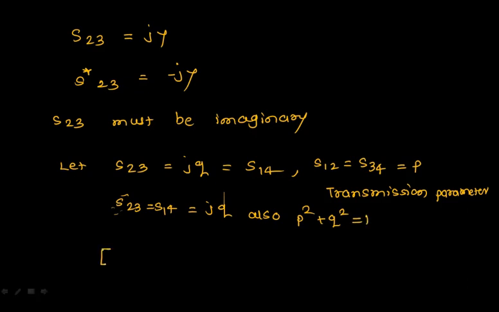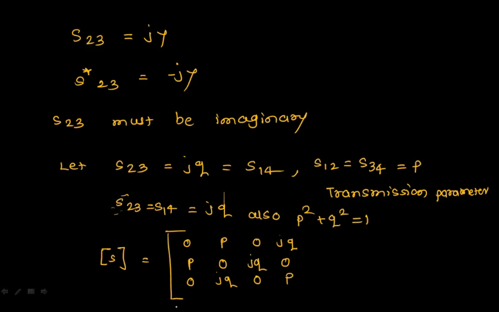So replacing all the coefficients, the matrix which I get is: 1,2 is P, then 1,3 is 0, and 1,4 is jQ. Okay? So P. This is nothing but 2,1, which is the same as 1,2. Here this is 0. Again this is 2,3, that is 3,2, and that is nothing but jQ. And again this will be 0. Similarly, this will be 0. This will be jQ, this will be 0. This will be P, this will be jQ. This will be 0, this will be P. And this will be 0.